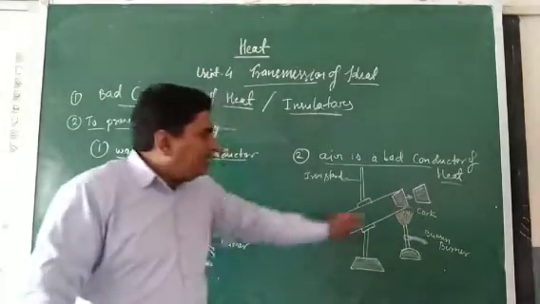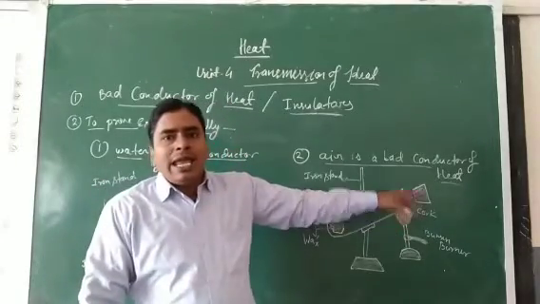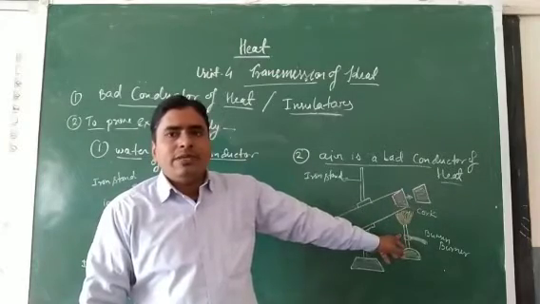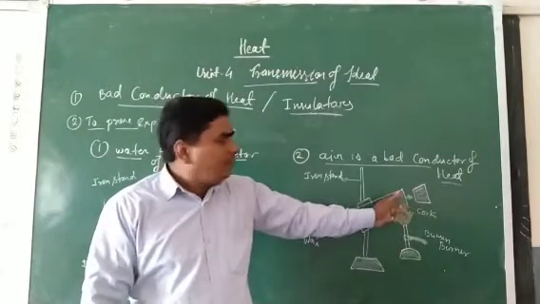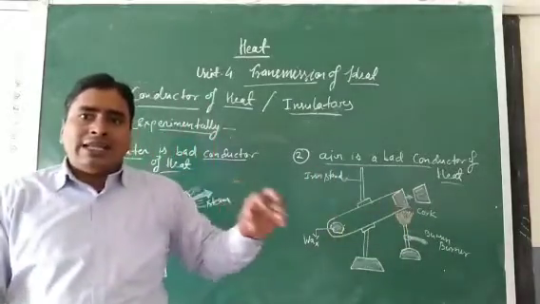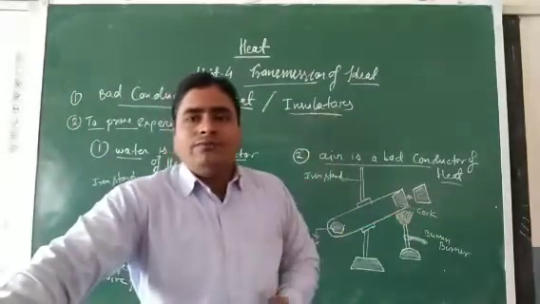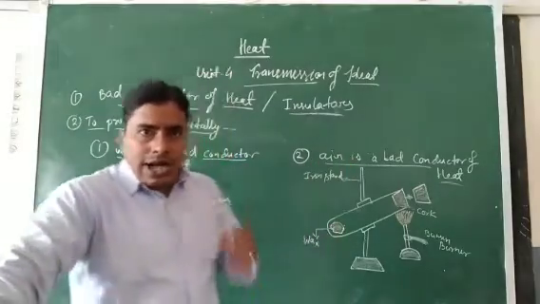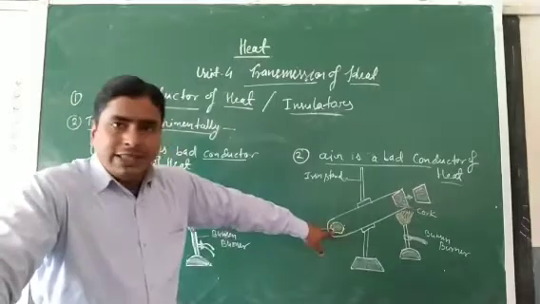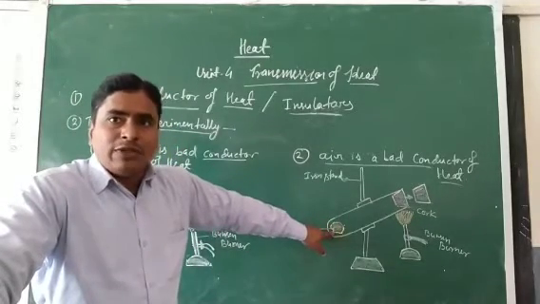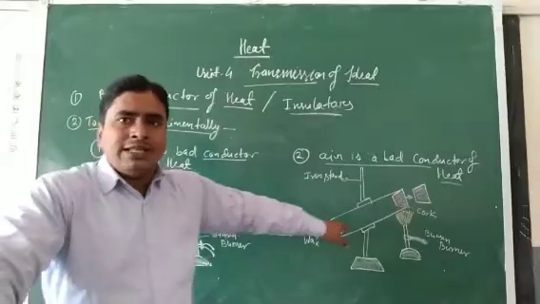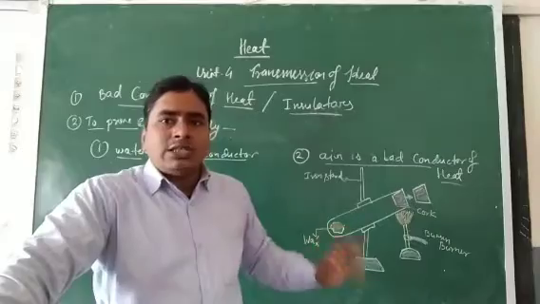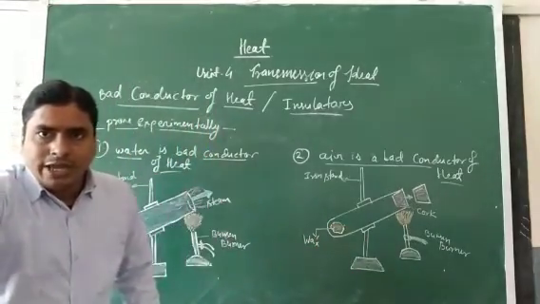You will observe that by absorbing the heat energy from the source, meaning the spirit lamp or Bunsen burner, the cork that is sealed over the mouth of the tube will blow out. But the wax present at the bottom of the tube will not be affected by this heat energy, meaning it will not melt. It does not melt. Okay.